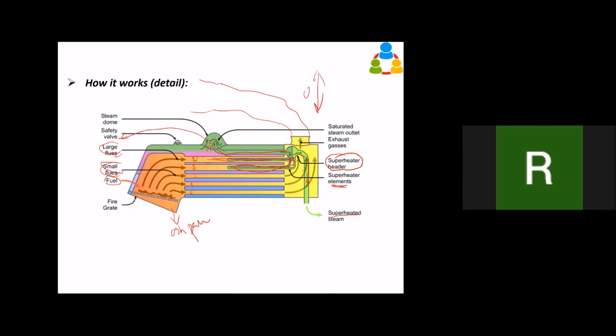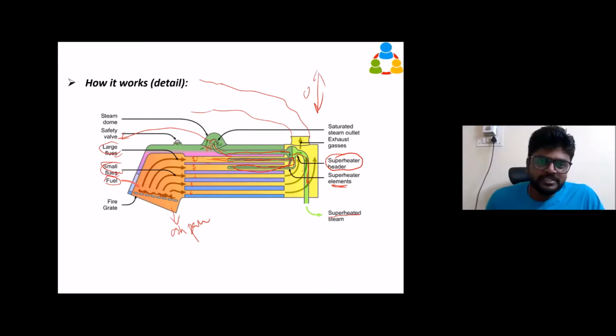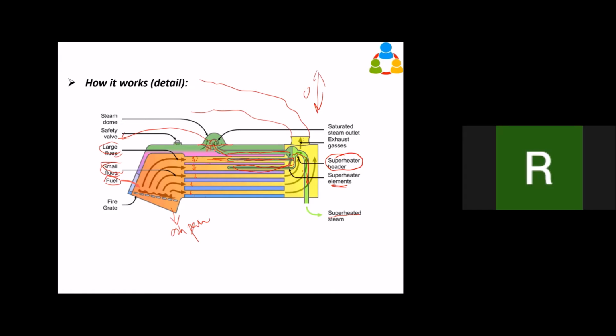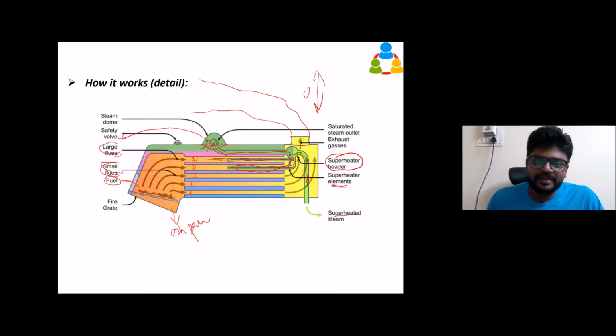Sir, can you explain the steam dome again? I didn't get it. What does the steam dome do? See, if you keep the level the same here, when you collect the steam, our main purpose is to collect high pressure steam. When you want to collect, there is a chance of water also getting into that because it will be shaking. You want to raise the level so that you ensure there will not be any amount of water getting into your pipe.